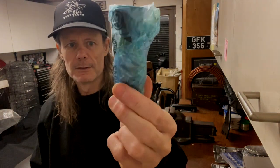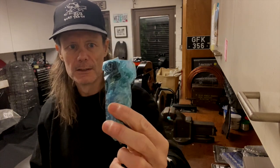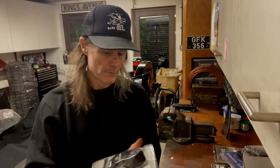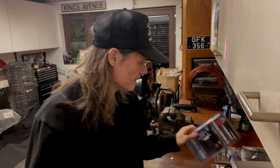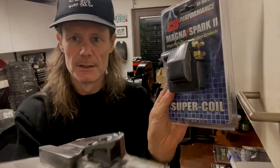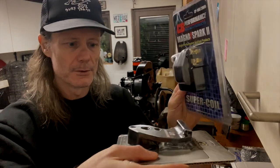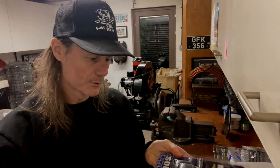Distributor drive gearing. So that meshes up with your cam gear, goes through the case, and your distributor attaches to that. Right, so this is the mechanical fuel pump block off, and also it is the clamp for this thing. So this sits on the engine and that clamps to that. I'm not sure how that works, we'll find out. Fancy pants,